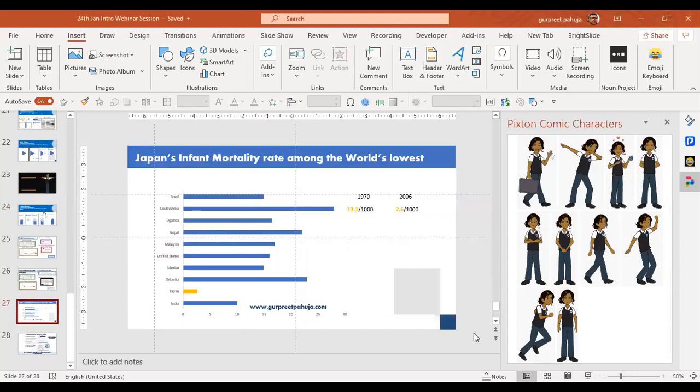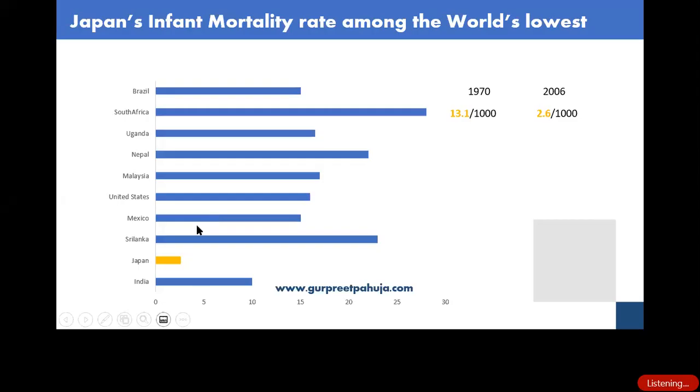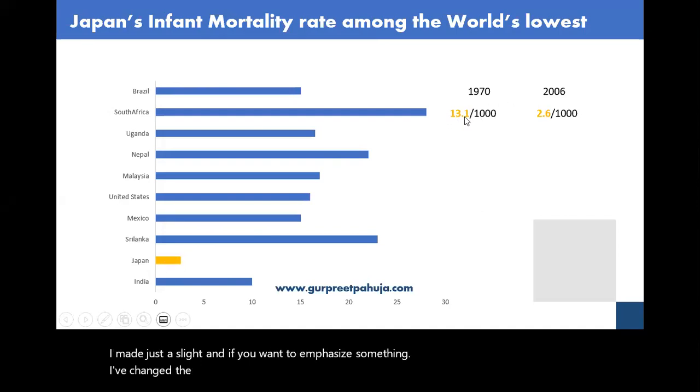See this. I've made just a slide, and if you want to emphasize something, I've changed the contrast. See the color I have changed. See the text color. Once the audience sees your presentation, their eyes will first go to Japan. Is it going or not, Atul?